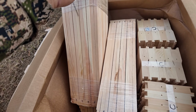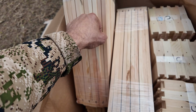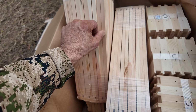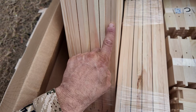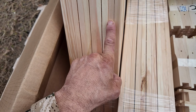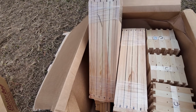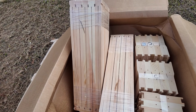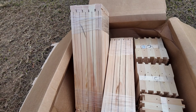Slide that piece of foundation in through that crack from the top, and then I pin the top of the foundation over just a little bit, about 1/4 of an inch, bend it over, and staple it down just to hold it in place. And I usually put 9,